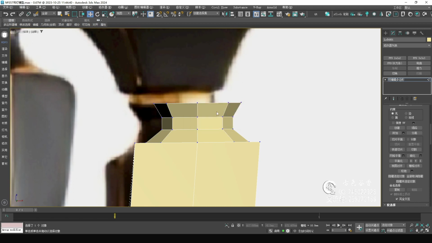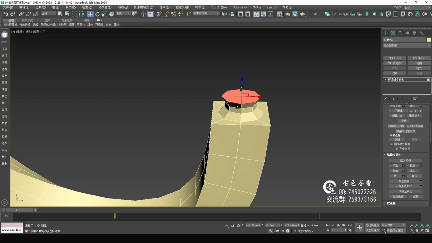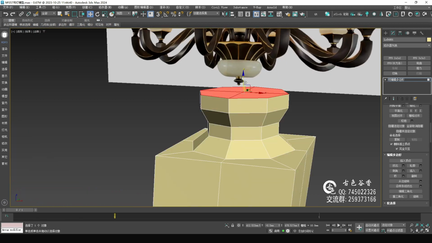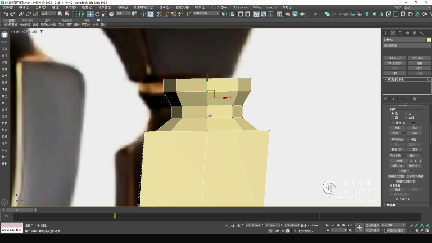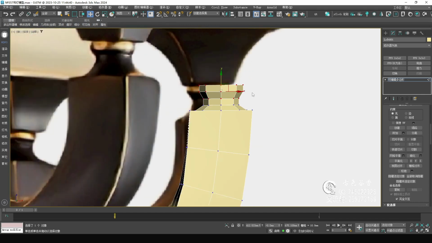Select the top side. Press the Shift key and pull it up. Adjust it a little bit further down. Something like this.